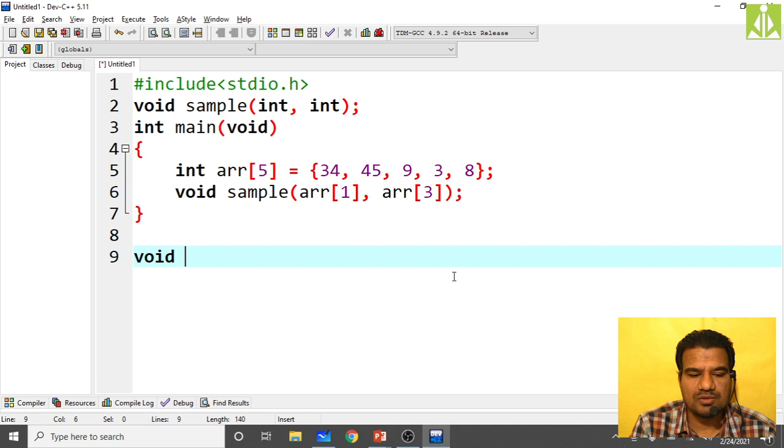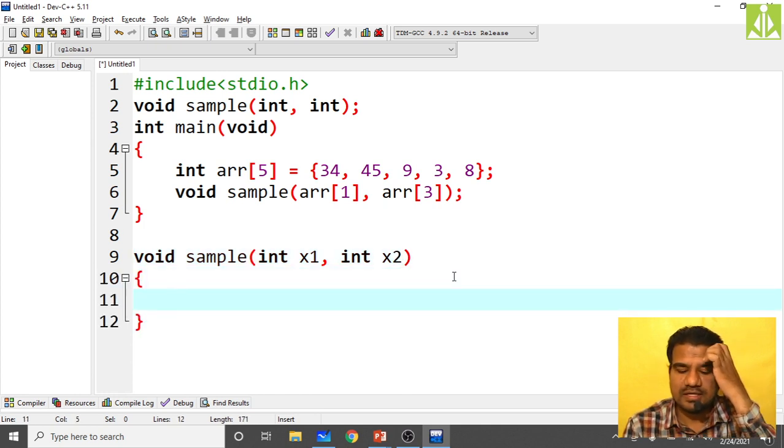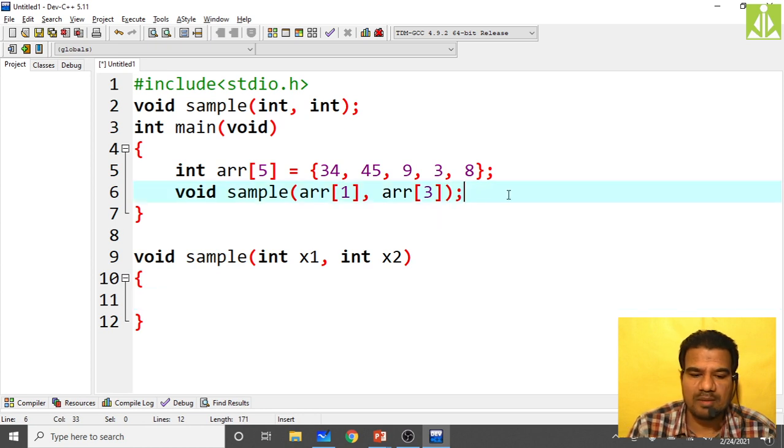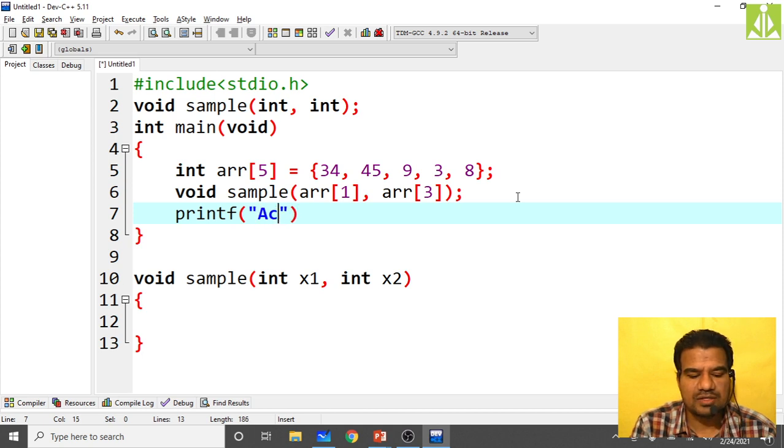Over here I am keeping the receiving variables as int x1, int x2. These are my formal parameters. Let's do some changes to the formal parameters, and here I will print the actual parameters.